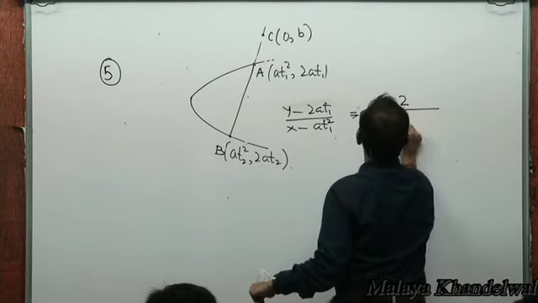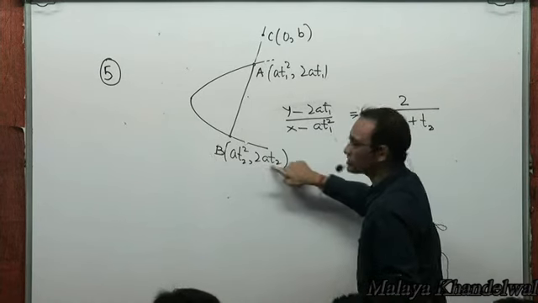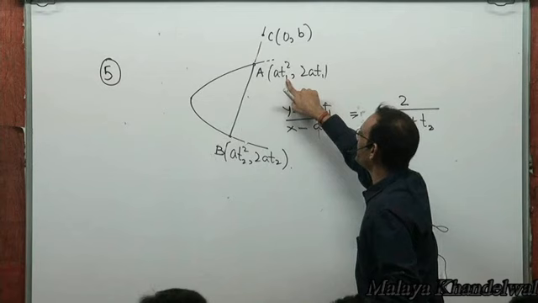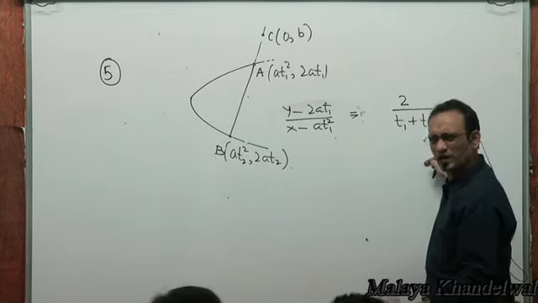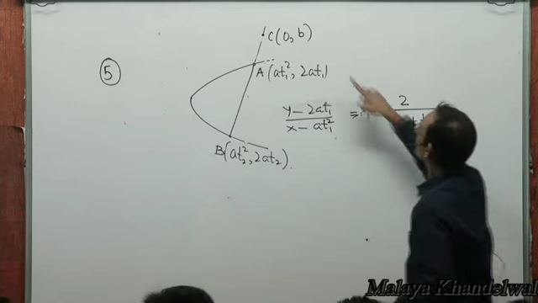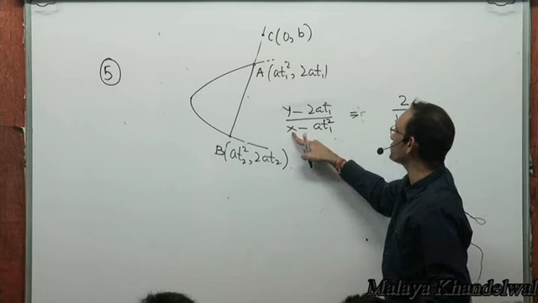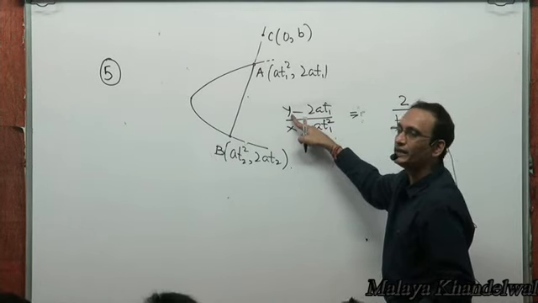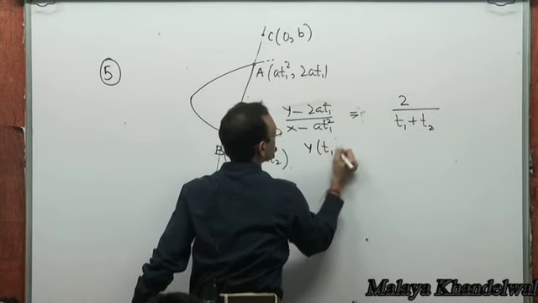That makes it 2 by t1 plus t2, isn't it? 2at1 minus 2at2 divided by at1 squared minus at2 squared would be 2 by t1 plus t2. Yes or no? And x equal to 0, y equal to b will satisfy this equation. So put x equal to 0 and y equal to b and be done with it. Yes or no? So you have y into t1 plus t2